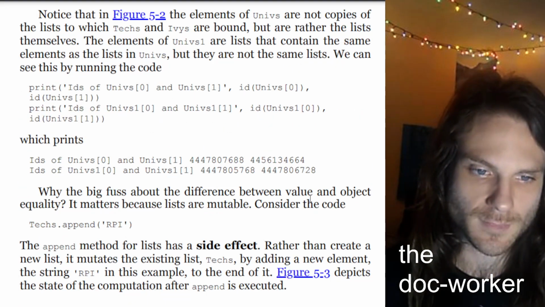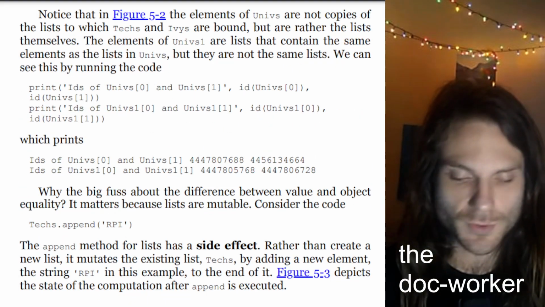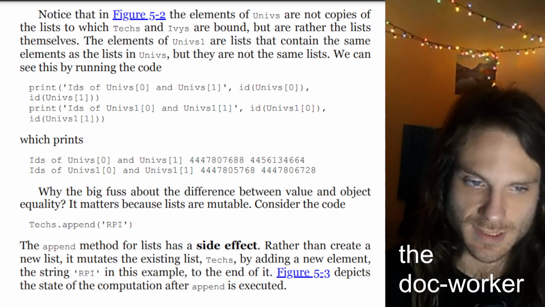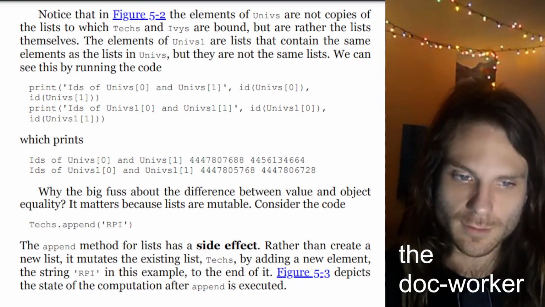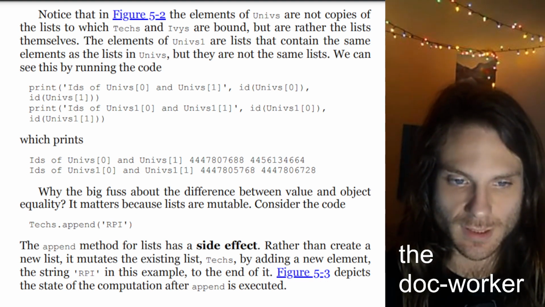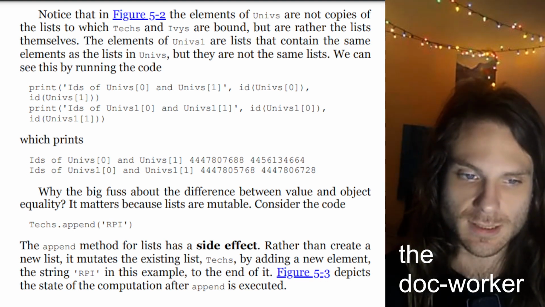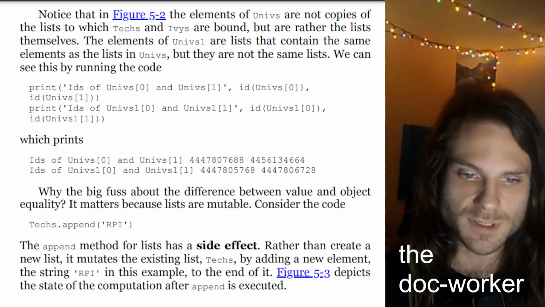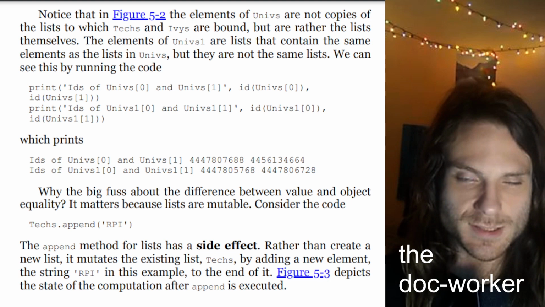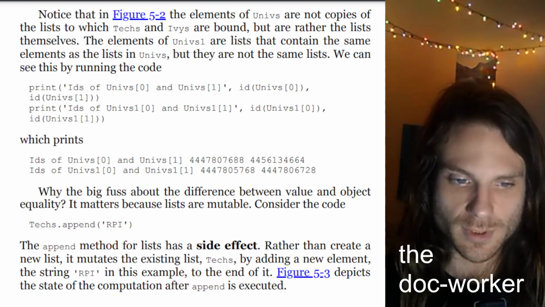Notice that in figure 5-2, the elements of univs are not copies of the lists to which texts and ivies are bound, but are rather the lists themselves. The elements of univs1 are lists that contain the same elements as the lists in univs, but they are not the same lists. We can see this by running the code,